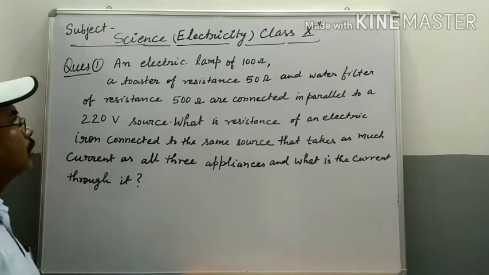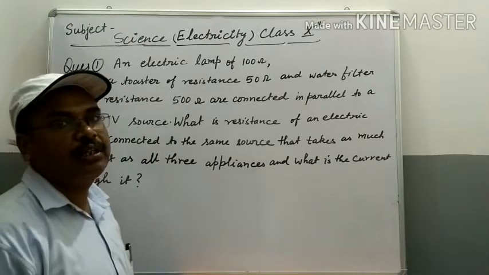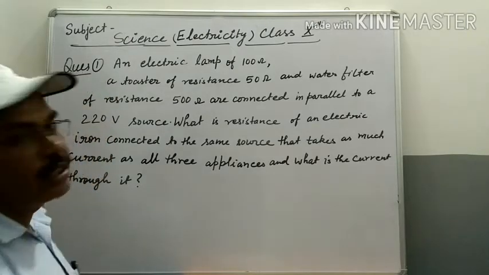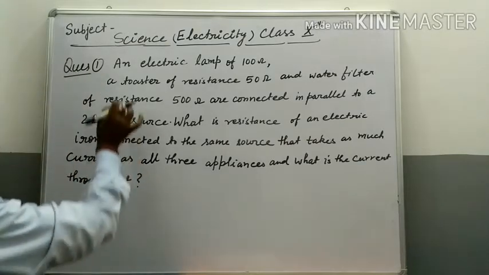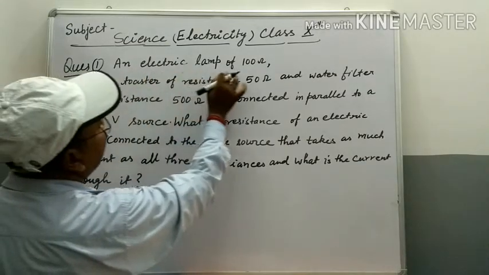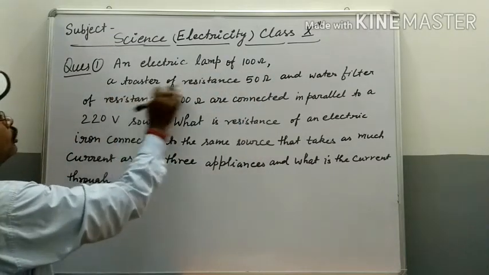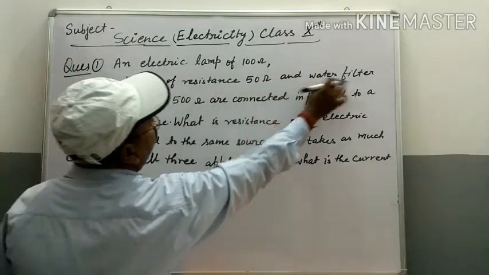Class 10 science, chapter electricity. Today we will learn numerical problems. Students, first problem: an electric lamp of 100 ohm, a toaster of resistance 50 ohm and a water